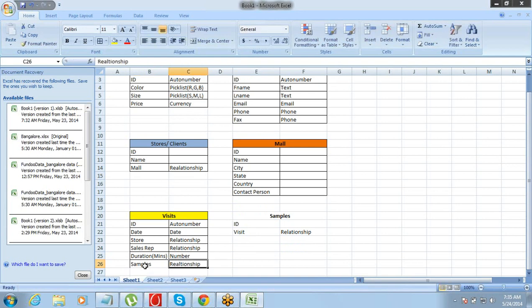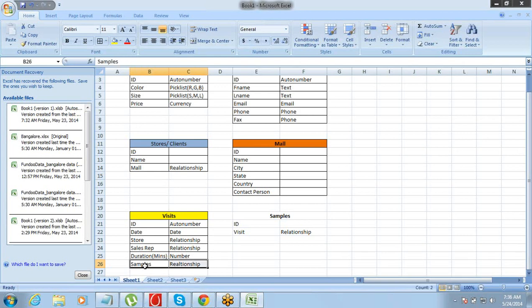Now, this way you can connect this visit with one of the products. Let's say with red, or green, or blue, one of those products, right? But where will you track the numbers? The point is not just tracking whether the sample was given or not. The point is how many samples were given, right? So where do we track those numbers?